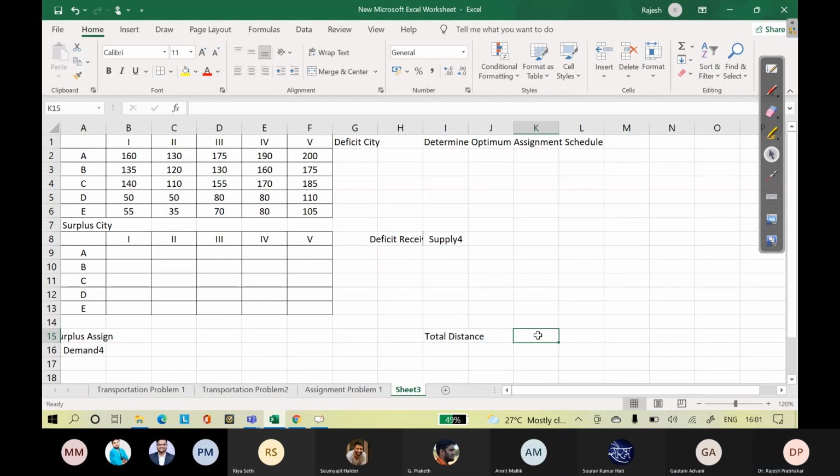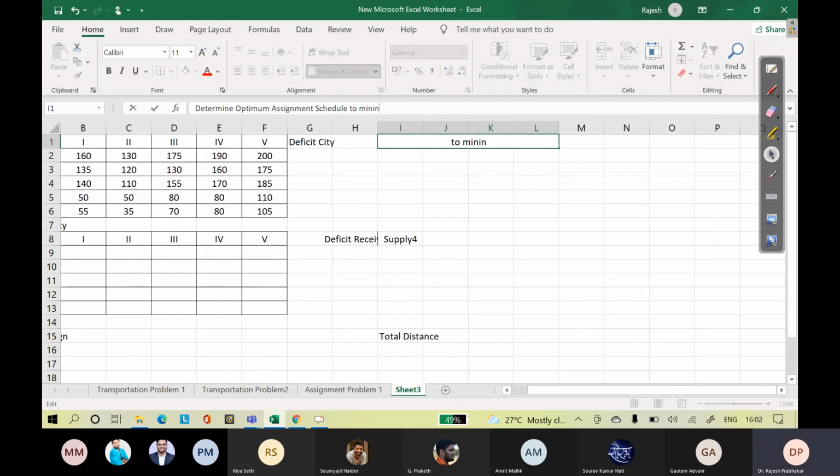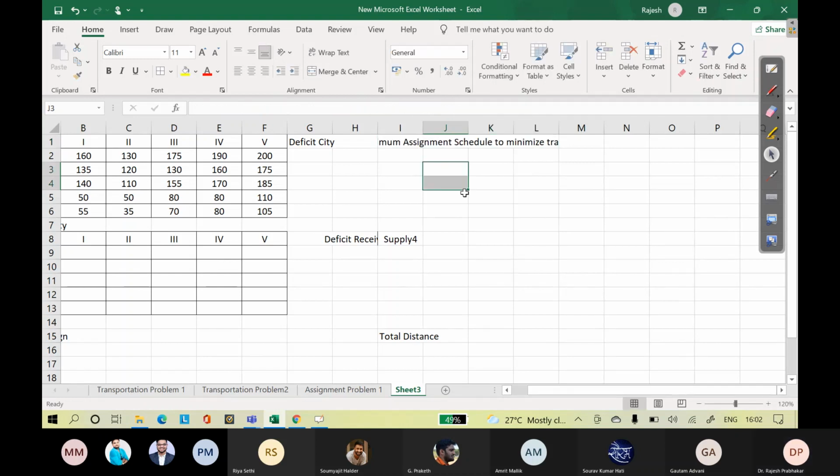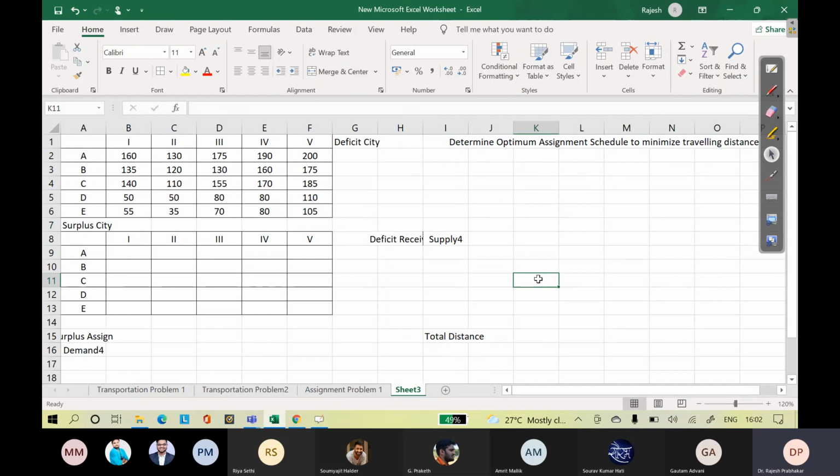So determine the optimum assigned schedule to minimize traveling distance.